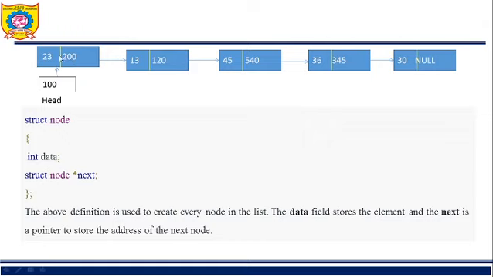So what is the structure for every node? That is data and link, or next pointer. So we are using the concept of a structure of type node: struct node, where the first part is data and the second part is next. Now why have we used a pointer here? Because next holds an address. So to hold an address, we need the variable to be declared as a pointer.